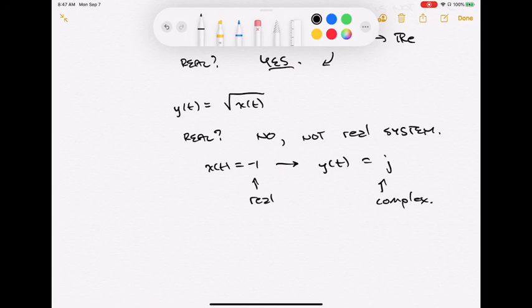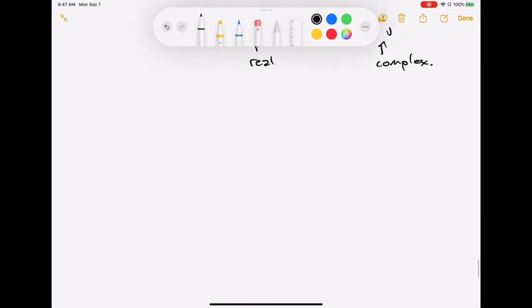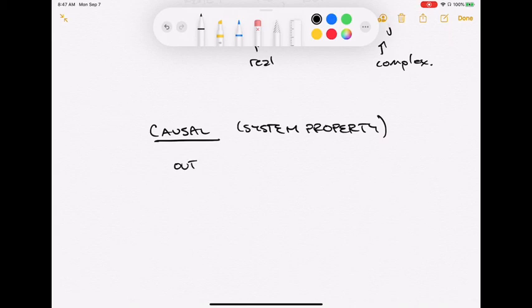Great. Another system property, and one that we have to be a little bit attentive to because it uses some language we also saw in terms of signal properties. While related, they're not exactly the same. We can look at causal. This is the system property of whether a system is causal or non-causal. Here we're saying that the output